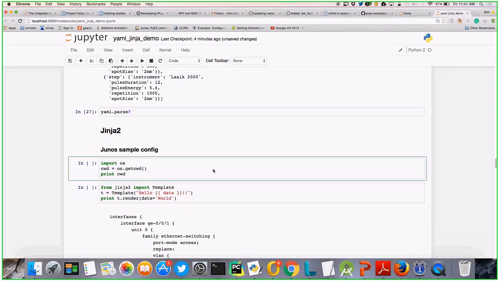So let's go to the Jinja template. The reason why I was talking about YAML or list and dictionary is because those are what we get from YAML. Most of the time when you have a Jinja template, you have mainly two ways where you can provide data.